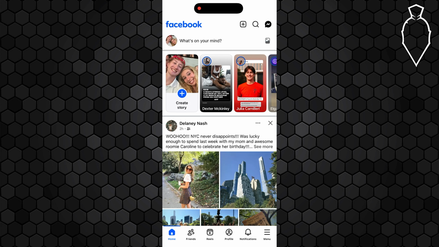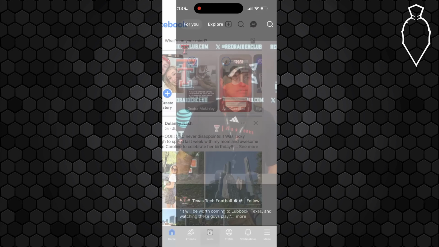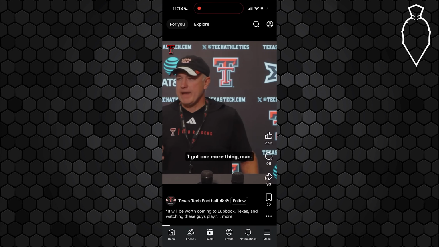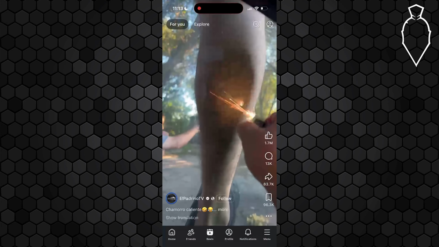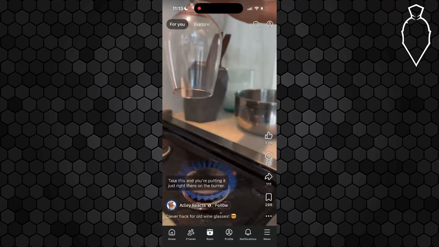But there's actually two methods to go ahead and do this. The first one you're going to want to do is through the same session. Essentially open up Facebook and tap on Reels down at the very bottom. And if you're still in the same session, just swipe up and down to go back and rewatch Reels that